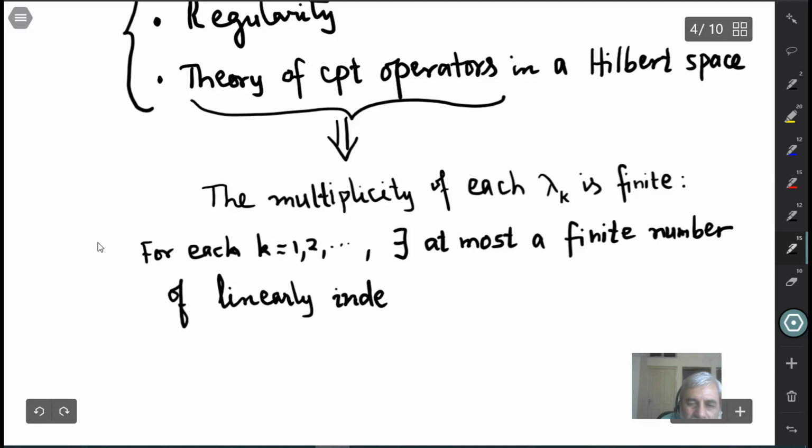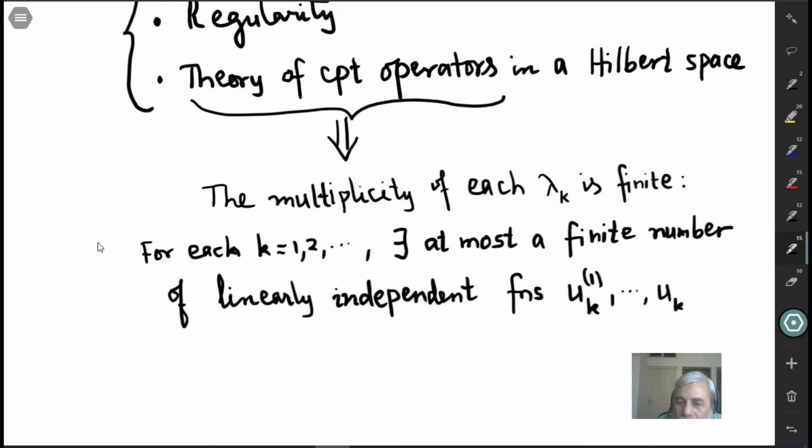In this case, it is a Hilbert space, linearly independent functions. So let me call that u_k1, etc., u_k, let me call it some p_k. Okay, so that depends on k, such that